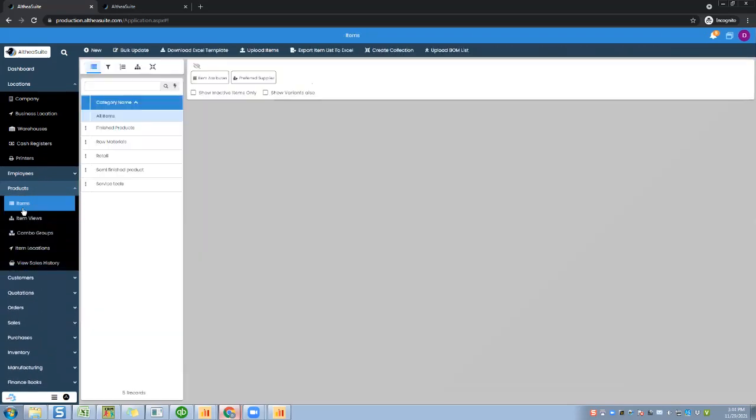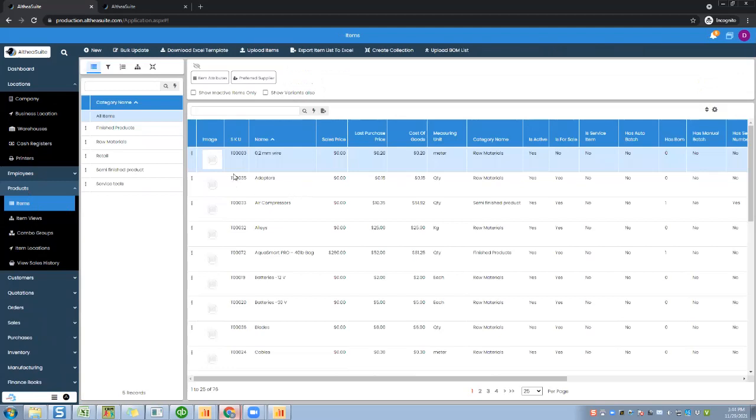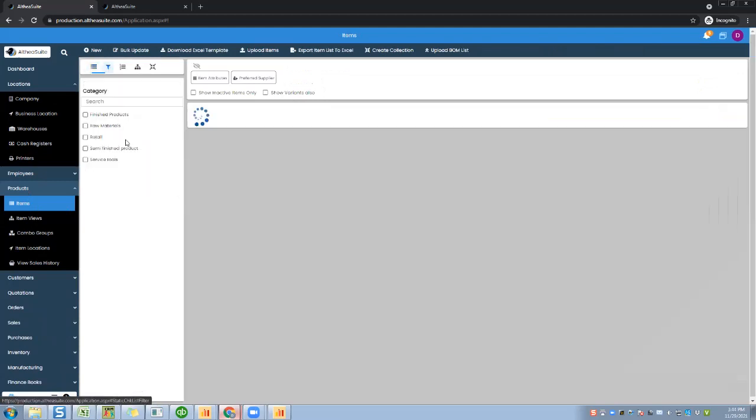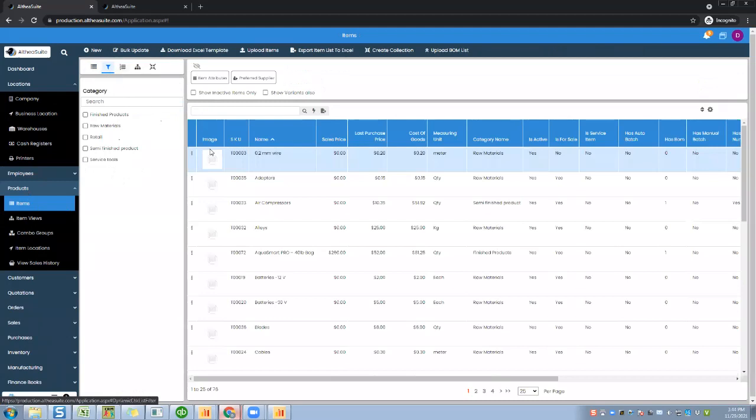All the products can be defined under the products. This is where you can create products with as many categories, subcategories. You can create filters for your products. You can also create variants, like a same product you can have in different sizes or shape or brand or color. All that can be easily created.